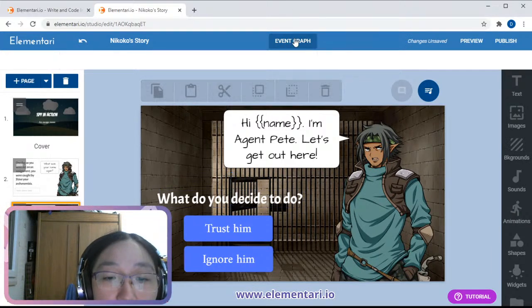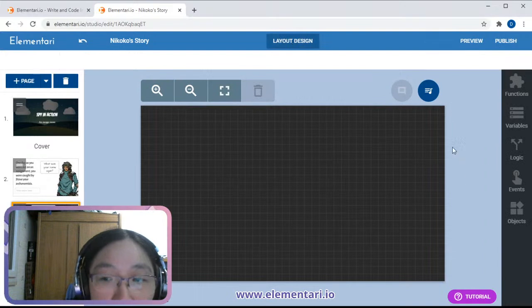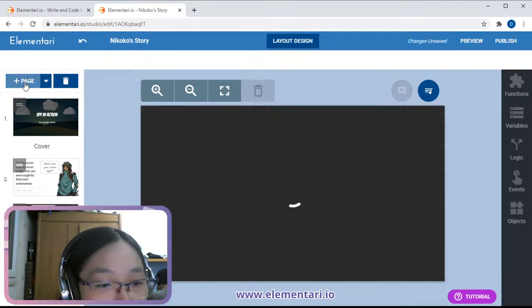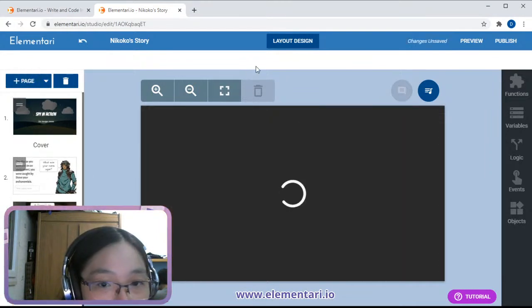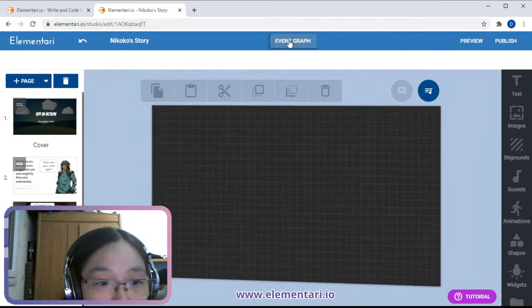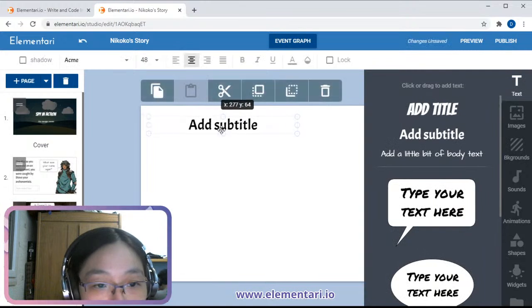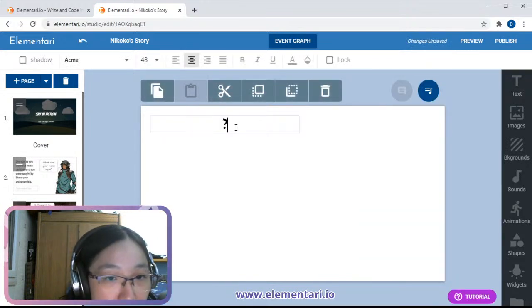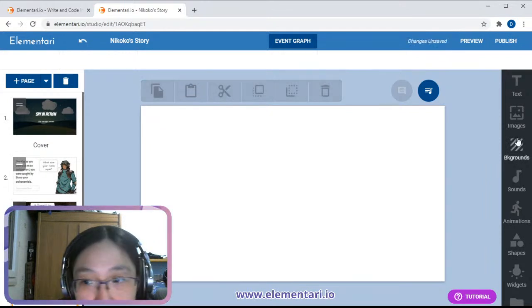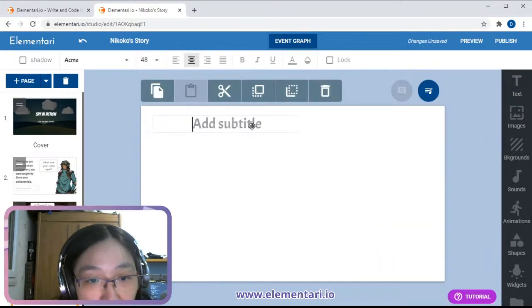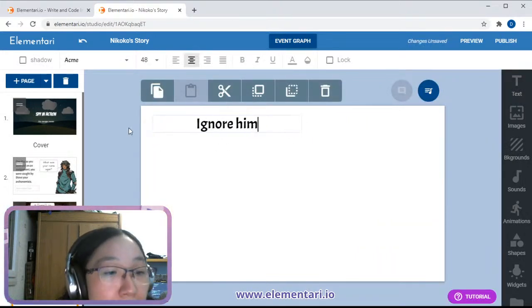Okay, so when we create the choice, do you want to code it for me? Well, first let's create some pages, and the different pages will be what it will be directed to. So in this case, we'll say this one is our trust him, and the other one is the ignore him.